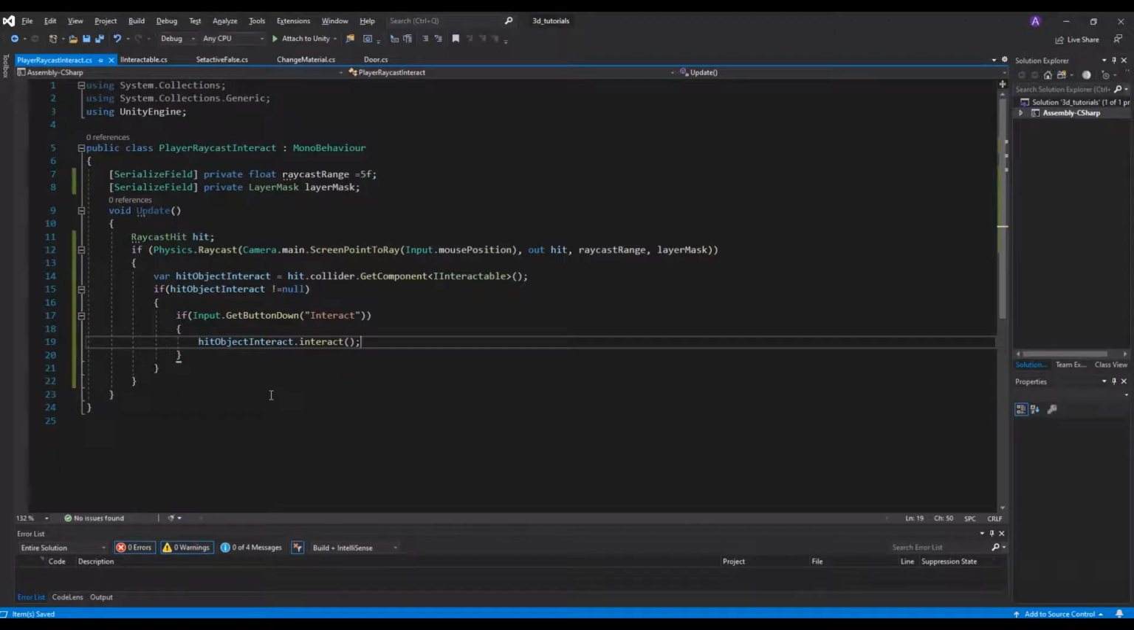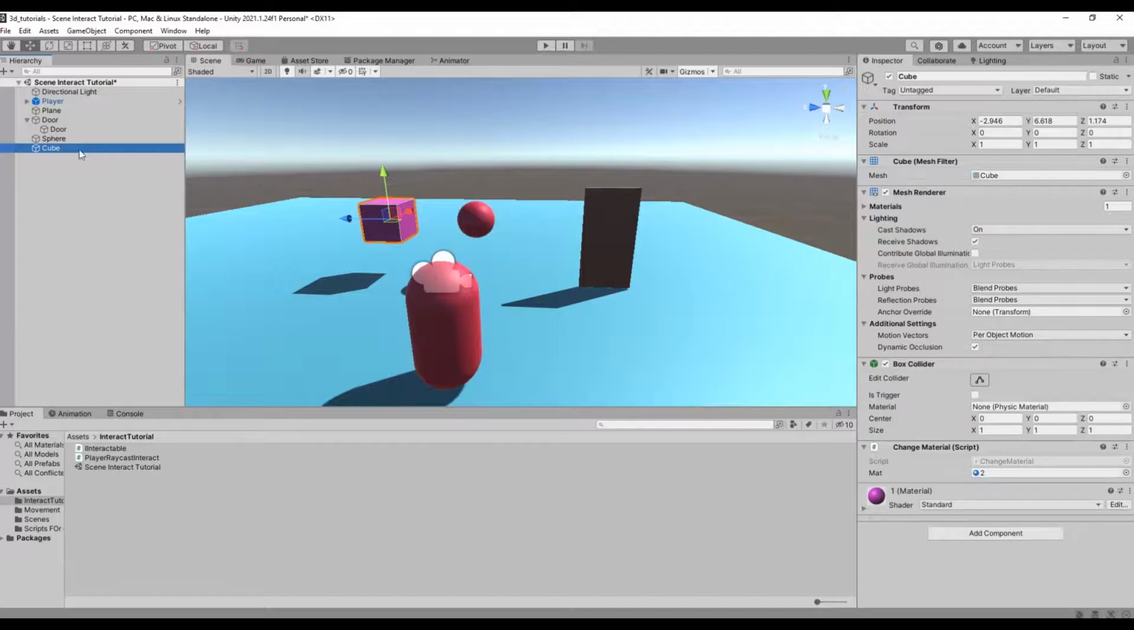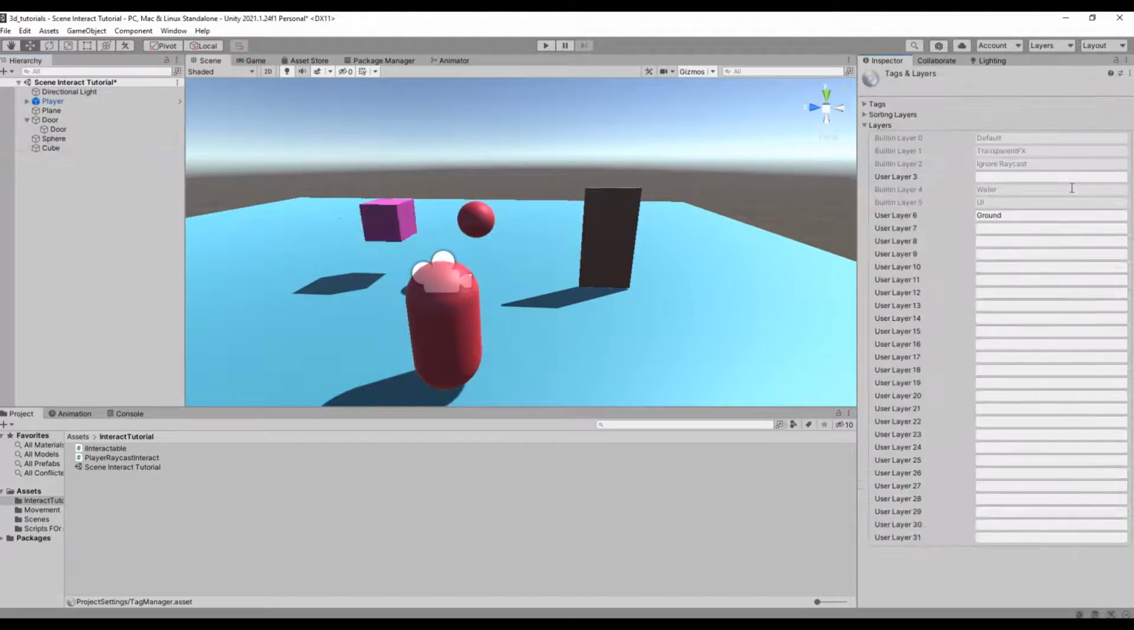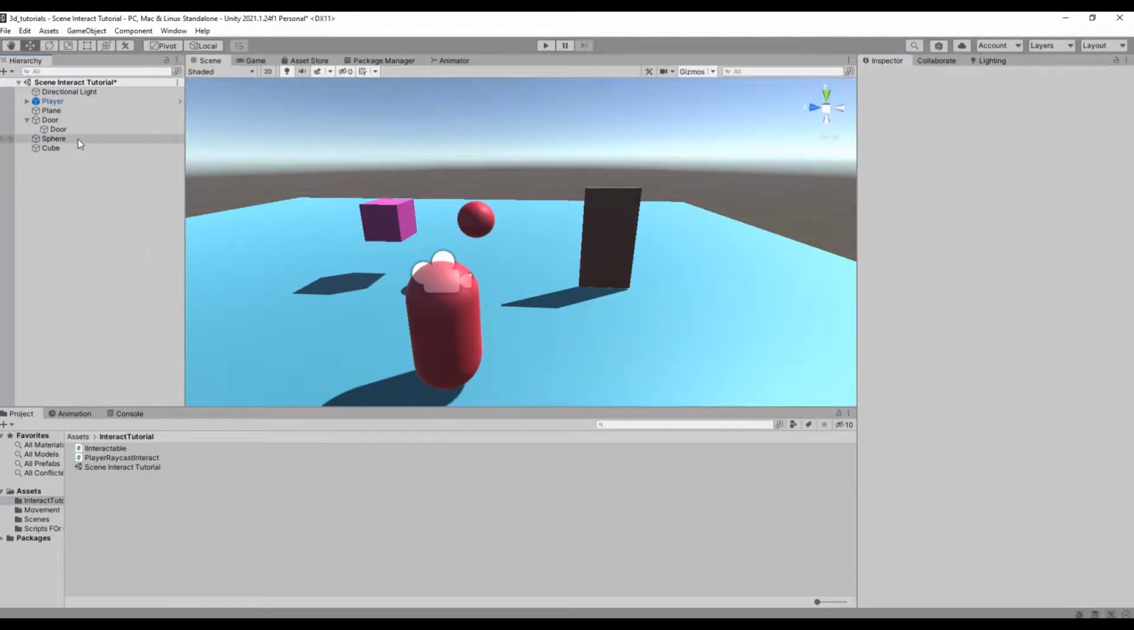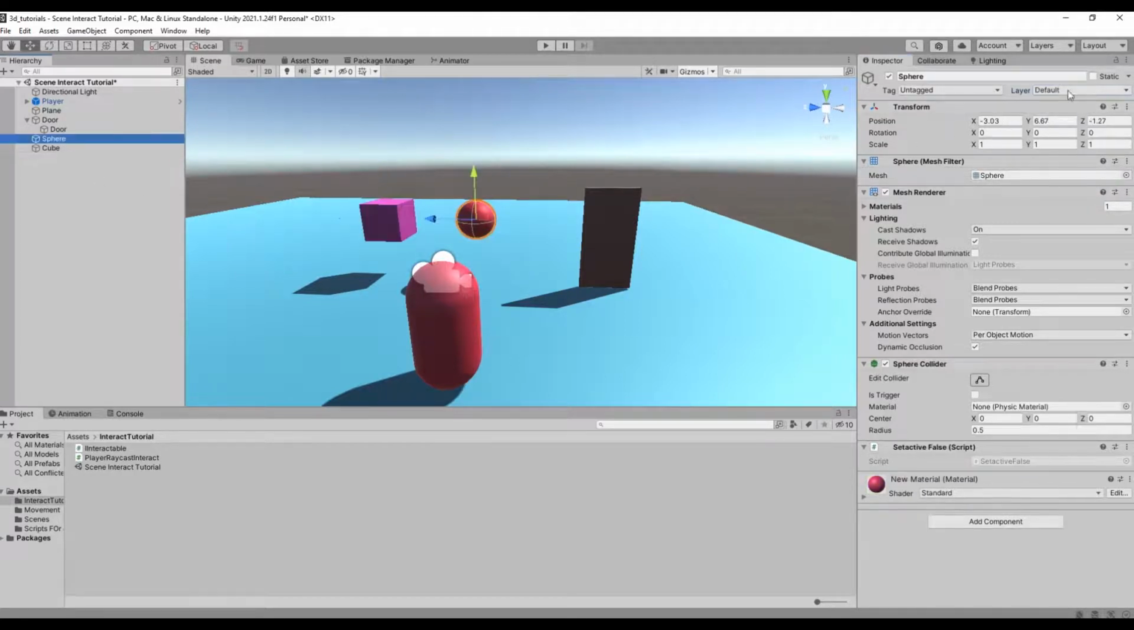And the last thing we have to do is to go in each code of our interactable objects and add the interact and interactable lines of code for it. Now go back to Unity. In here, these three objects are interactable, so I need to define a layer mask for them. Let's first start with the cube. Click on the cube and go to layers and then add layer. Let's make another layer, call it interactable, and then click on the cube again and select the interactable layer. Do the same for the two other objects,